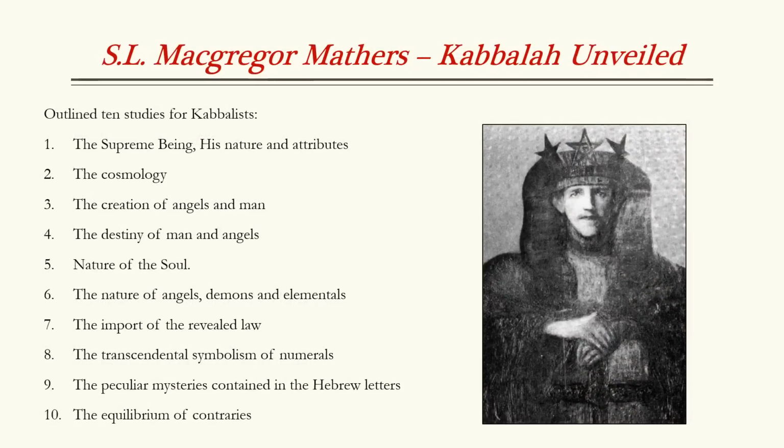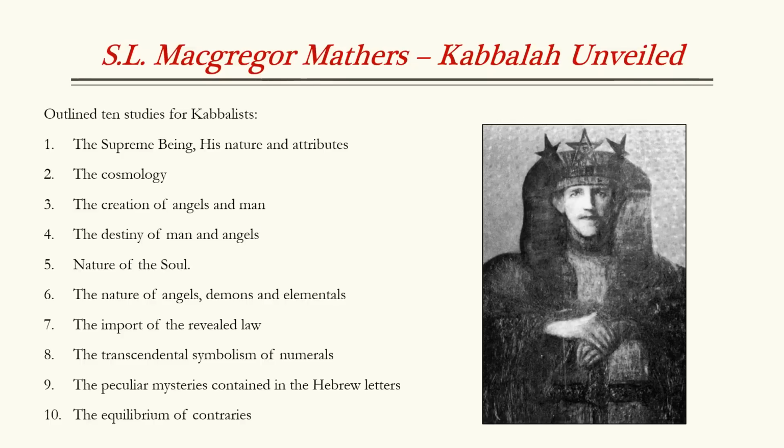Continuing on to someone a little more modern, we have S.L. MacGregor Mathers. He was one of the key founders of the Hermetic Order of the Golden Dawn in 1888. He was also a very prominent Freemason in England, very influential in the SRIA, the Masonic Rosicrucian body. And in his book, Kabbalah Unveiled, which was one of the first translations of Kabbalah Denudata, he outlines 10 studies